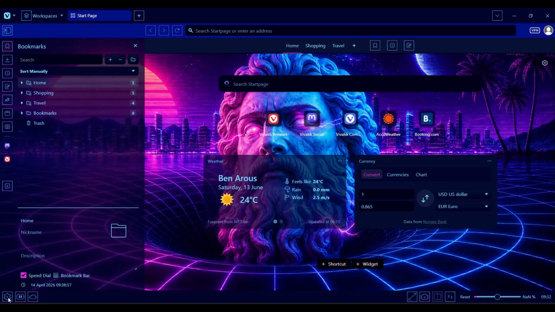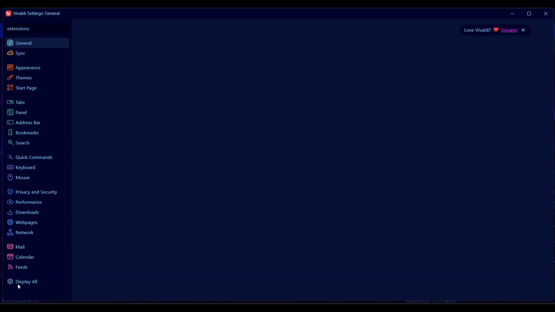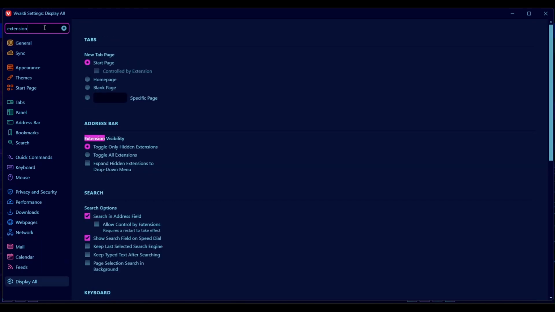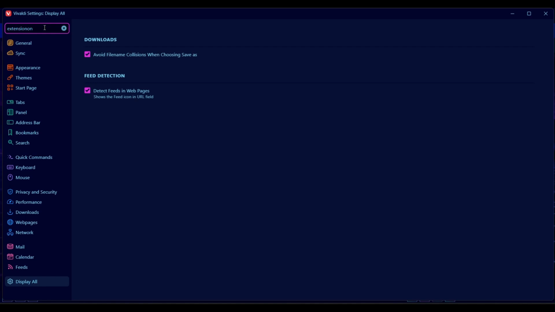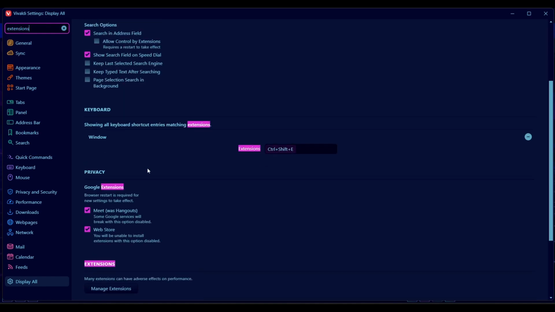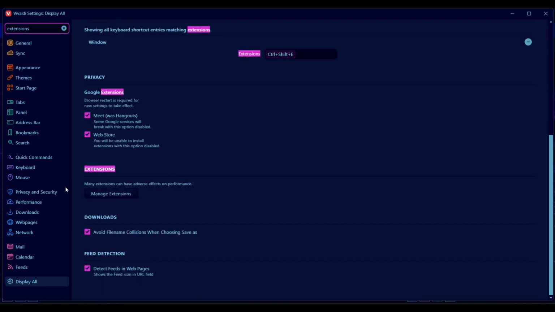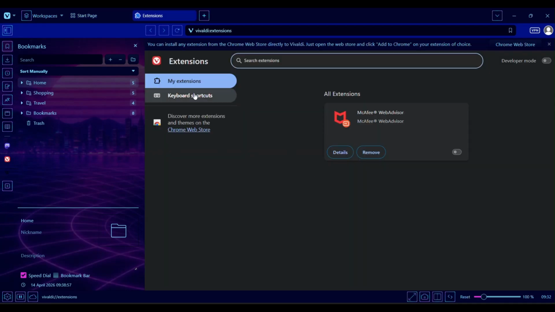Open Vivaldi browser on your desktop. Click on the settings here and search for, for example, extensions on the search bar. Tap on Extensions and head over to the Extensions tab. Click on Manage Extensions. So here you'll find all the extensions that are currently installed on your Vivaldi browser, like